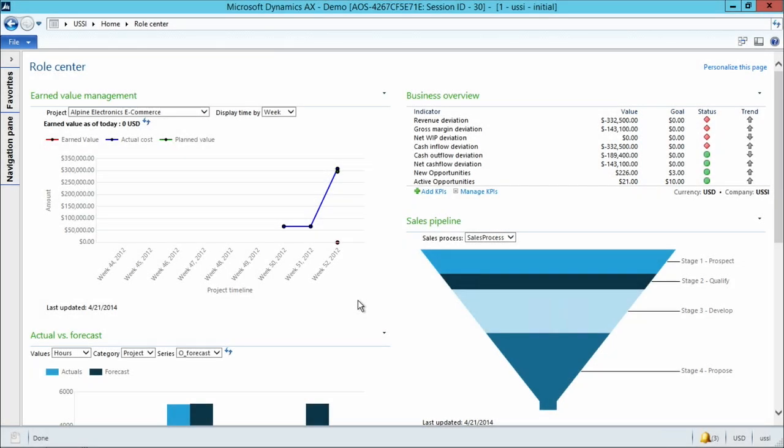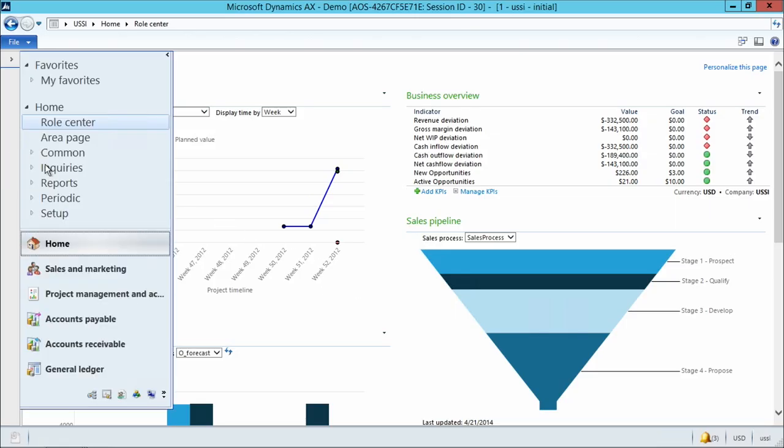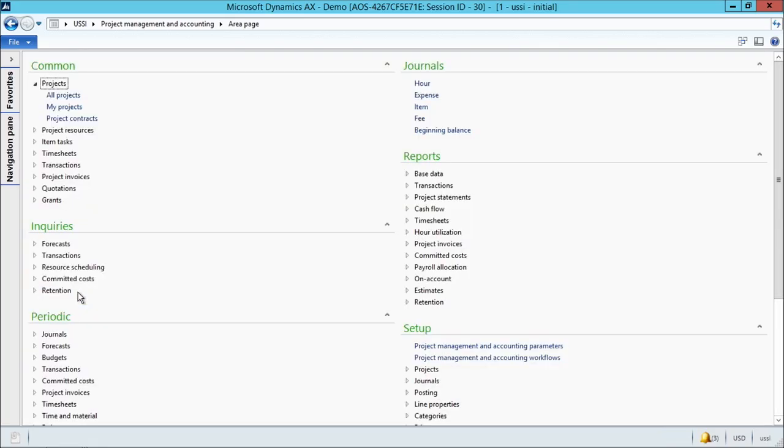Here we are in Microsoft Dynamics AX 2012 R3. Currently, we're looking at the Role Center. We'll learn more about this Practice Management Role Center in a later module on business intelligence and reporting. First, let's navigate over to the area page of the Projects module by using the navigation pane and going to